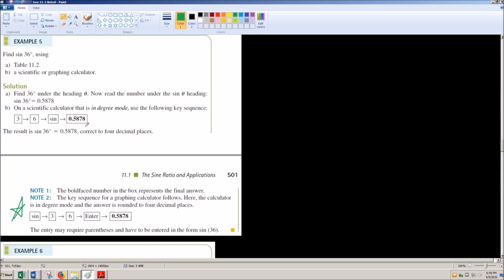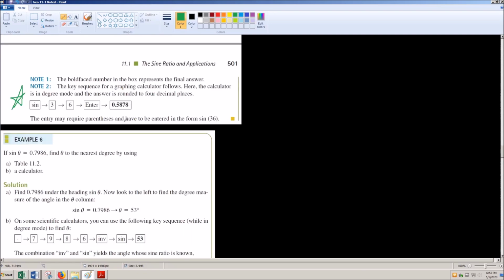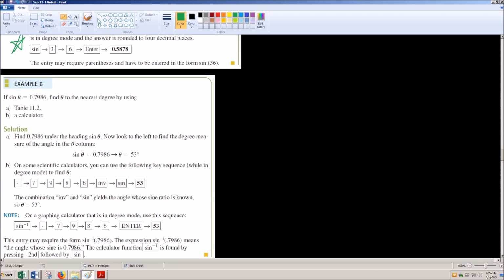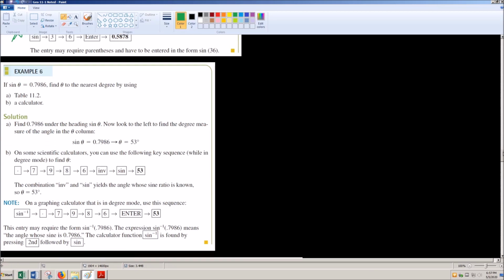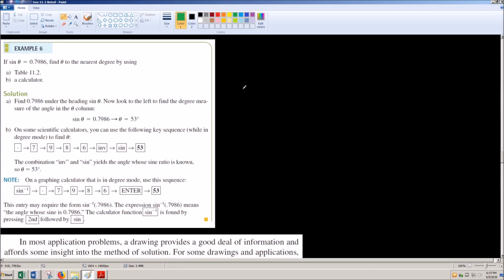As we look at the next example, we're saying the same sort of thing. Can you find this value? But here I want to go in reverse. So I'm going to introduce the idea of that second key and then the sine thing. I'm just going to give you an example. We're going to use this exact example here, where we're saying sine of